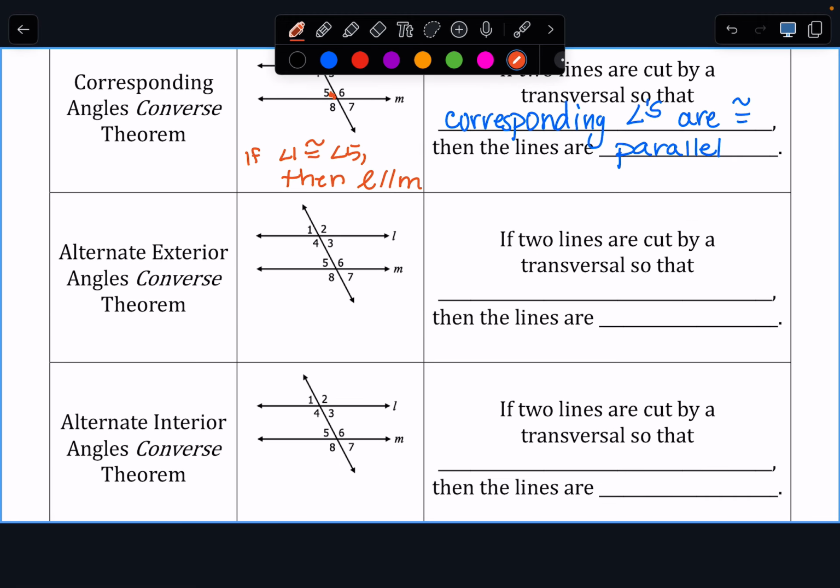The alternate exterior angles converse theorem. If two lines are cut by a transversal so that alternate exterior angles are congruent, then our lines are